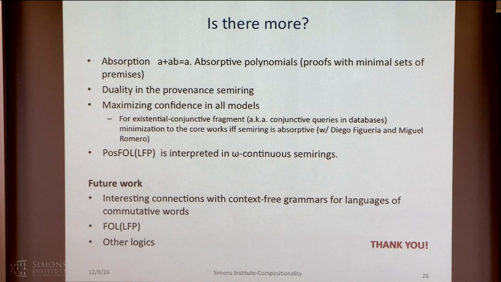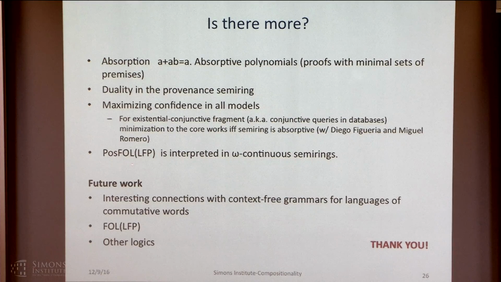There's a lot more, and I'm already over time. An interesting problem is maximizing confidence not in one model, which can be done sort of locally, but are there ways in which we can maximize confidence in all models? And can this be done? In fact, for the fragment of first order logic corresponding to positive existential conjunctive, also known as conjunctive queries, this is in fact done by what's known as going to the core, not surprisingly, but that's if and only if the semiring has this property, which is called absorption, and there's much more to be said about that. There's a lot which I mentioned in my first talk in August,